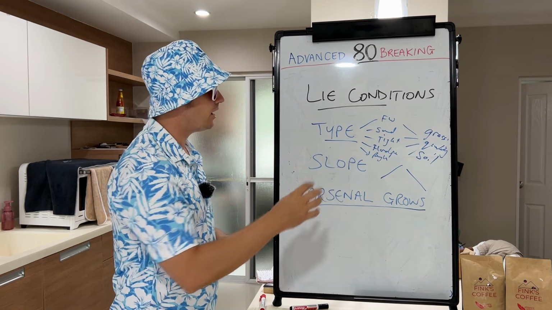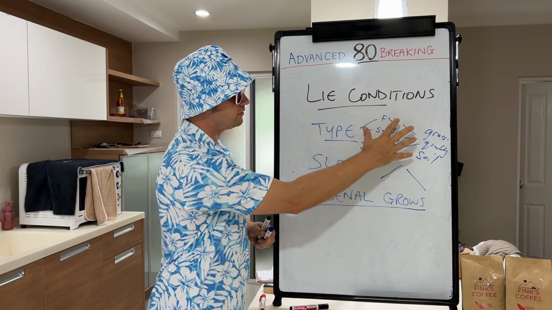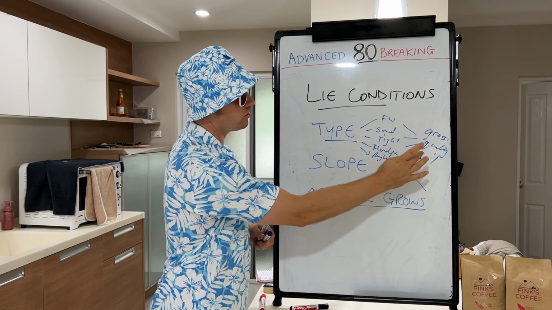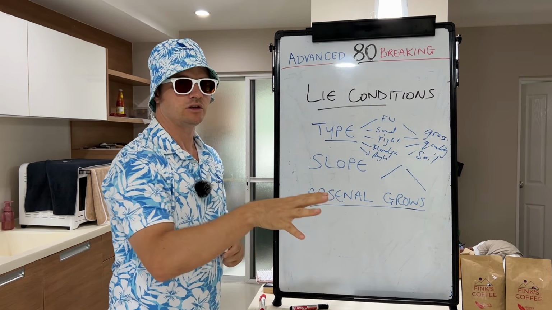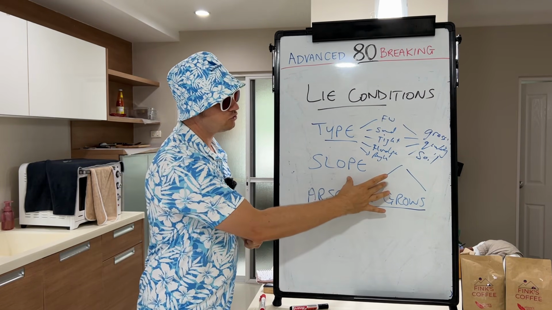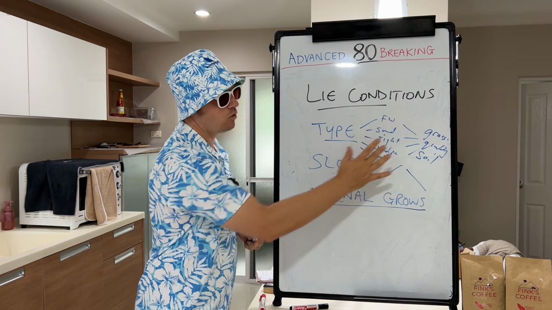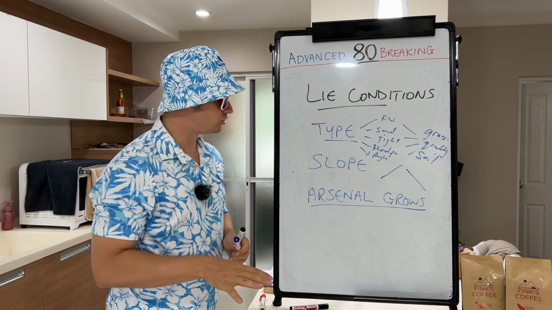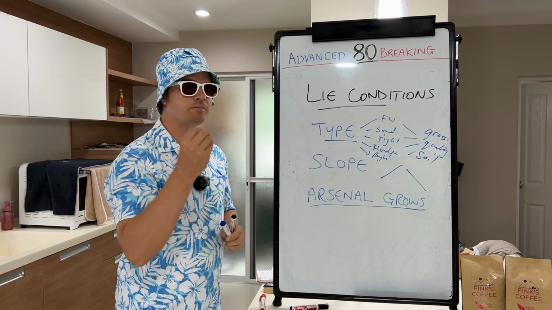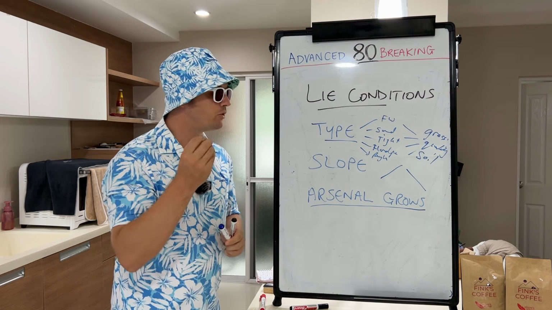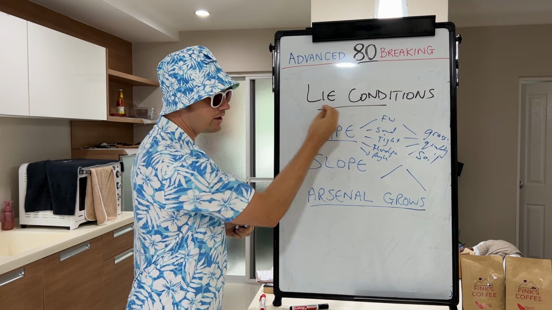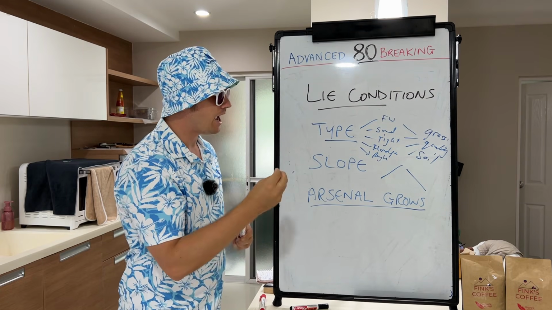And that's the key. The result of this, learning the type of lie, the condition of the lie, the grass, the quality of the soil, interaction, you start to understand more about shots you need to counteract all the variables that go into a single shot. When you grow this arsenal of shots, you begin to get below 80 very regularly because you can adapt all the time. The key when we do lie conditions is that we look at something and we take what we can do